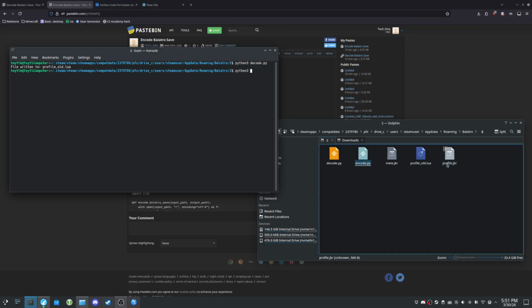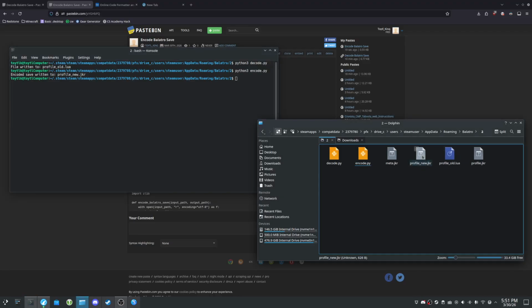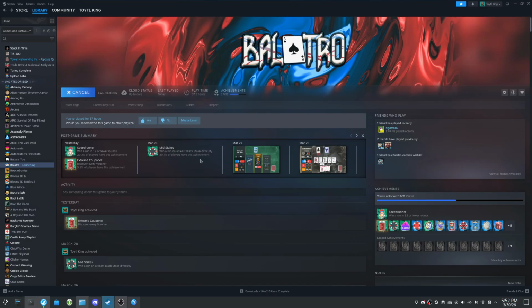You might be able to recover it off the Steam cloud, which could be another good idea: maybe disable your Steam cloud before you do this. But we'll go ahead and do it. And this will write it to here. So now whenever you're ready to continue, you can delete your scripts if you don't want them anymore. You can delete your old profile, which is called profile.jkr, and your profile_old, which was just for us to see what was going on. That's not actually necessary. And then to actually load this as your profile, you're just going to rename this to profile.jkr. And now if we launch Balatro back up here really quick,